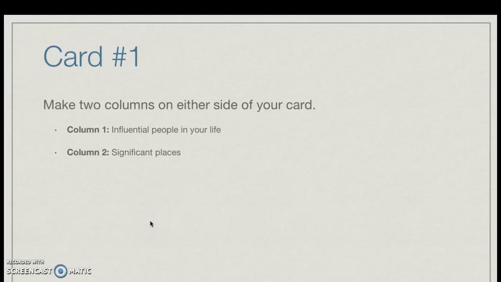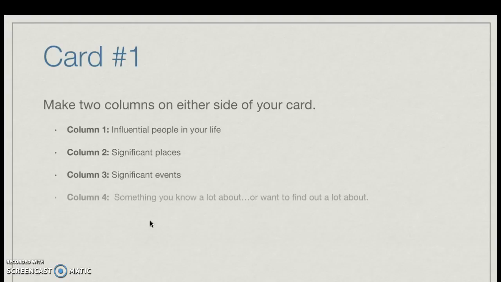In column three, I want you to think of the significant events from your life, both good and bad. So, what are some of these different milestones, some different things that have happened in your life that you could tell stories about? It could be births, deaths, accidents, joys, accomplishments. Just anything that if you were to make a timeline of your life, it would probably be a marker somewhere there on your timeline.